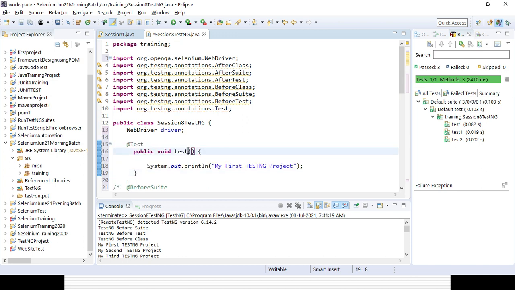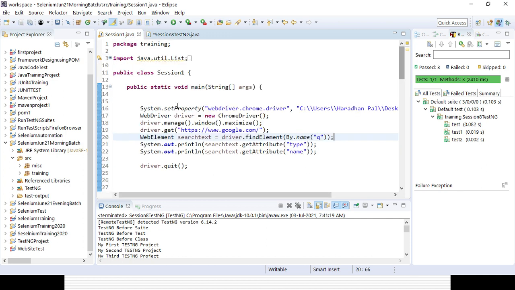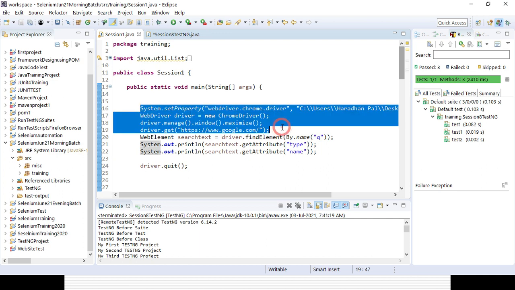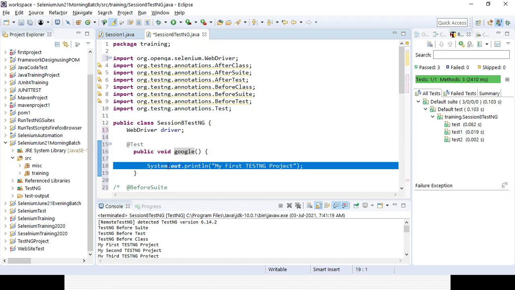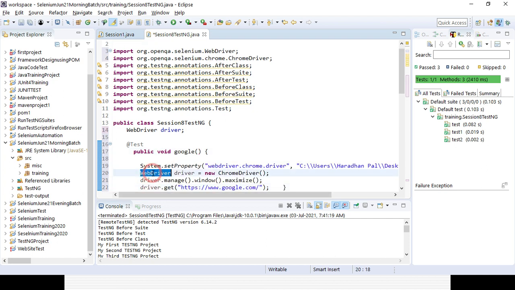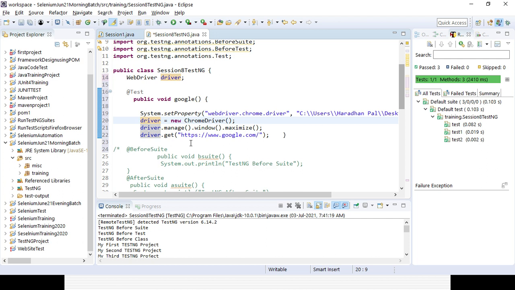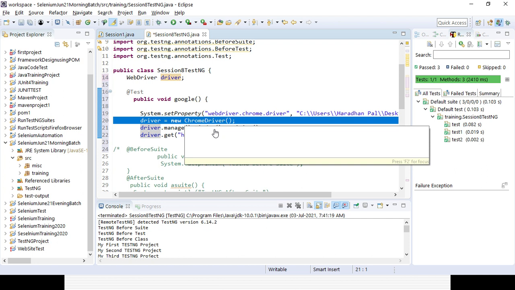Suppose I want to open a Google page, so I will be giving the test case method name as Google. And what I want to do: I already defined the driver as WebDriver. I want to open the page and I want to quit the page as well. So let's remove the driver declaration, because I already defined the driver as a global variable, right? So I am setting the property, I am launching the Chrome driver, I am maximizing the page,